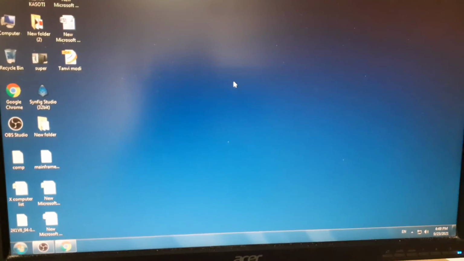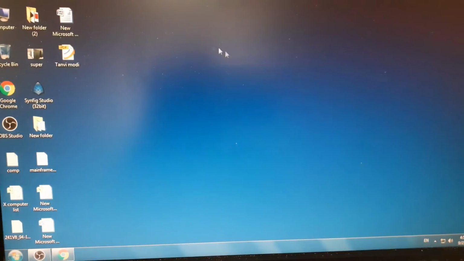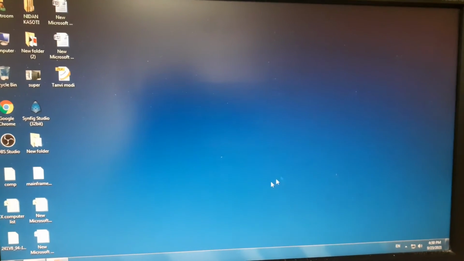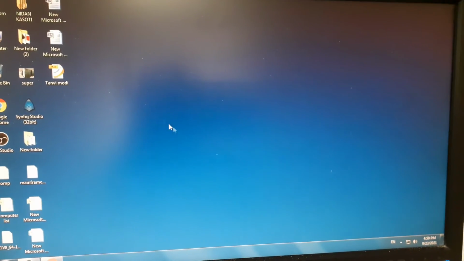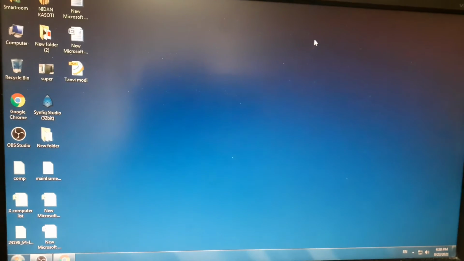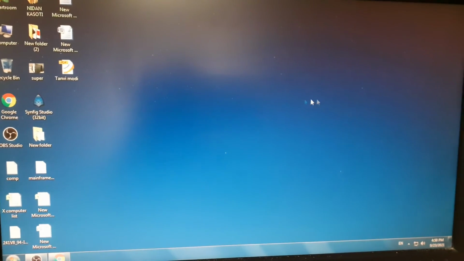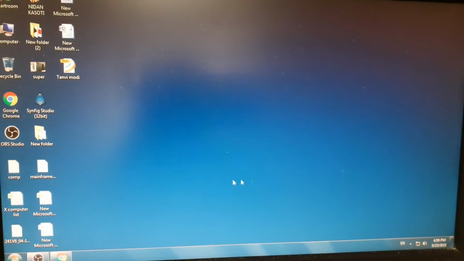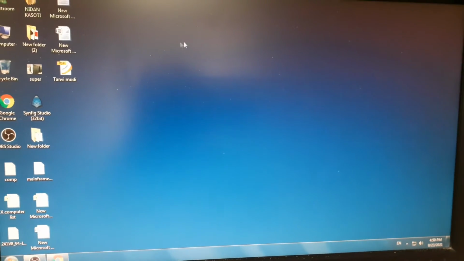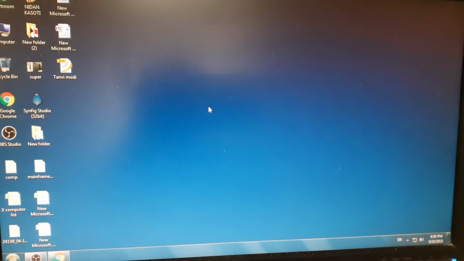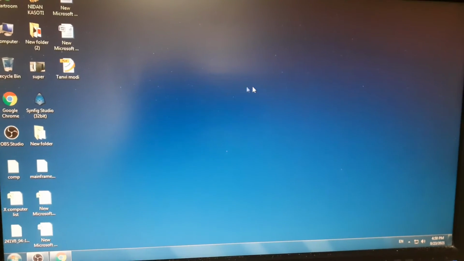You can see this arrow in white color, right? This is the desktop and this arrow is moving. As you move the mouse on the mouse pad, this arrow will also move on this screen. You can see, this is called the mouse pointer, right?